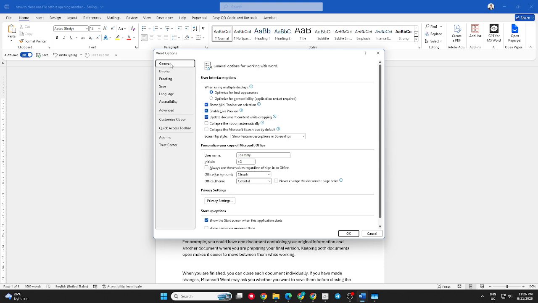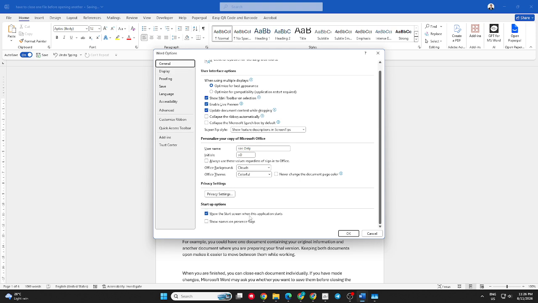Now, look for the section related to Startup Options. Find the option that says, Show the Start Screen when this application starts. This option controls whether Microsoft Word displays the default startup screen every time you open the application. To disable the startup screen, simply click the checkbox next to Show the Start Screen when this application starts to remove the checkmark. Once the option is unchecked, click OK at the bottom of the Word Options window to apply